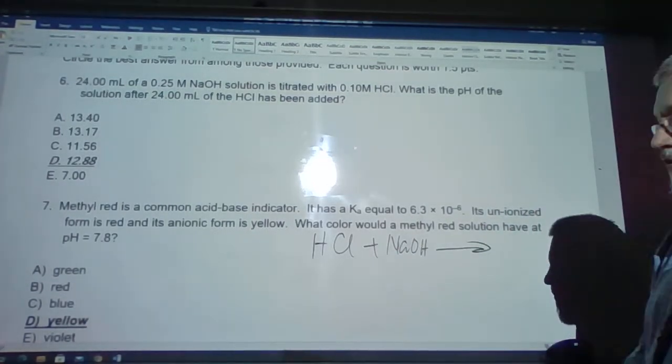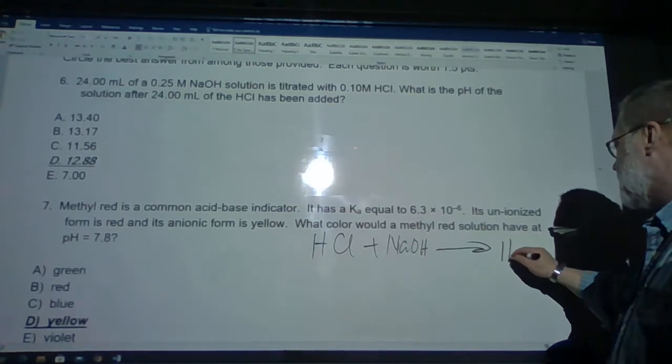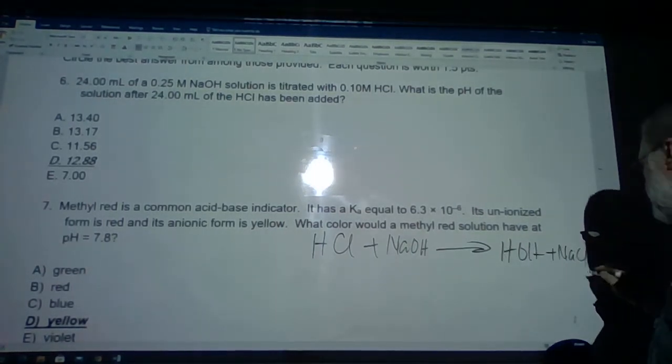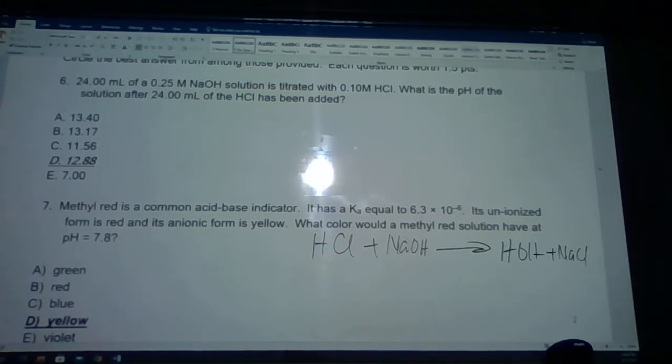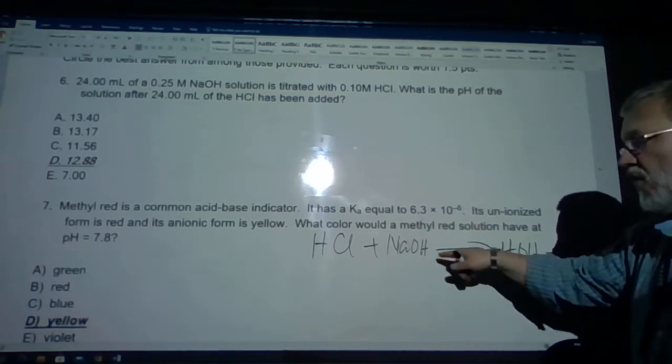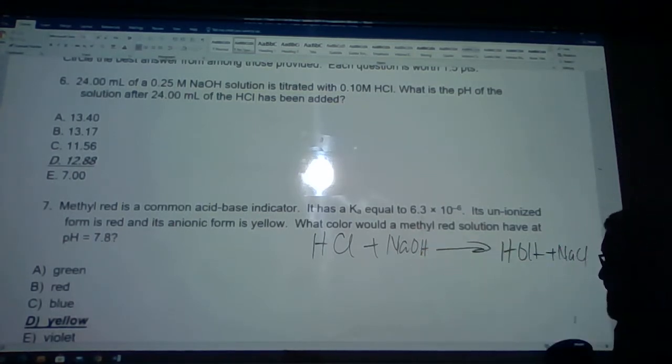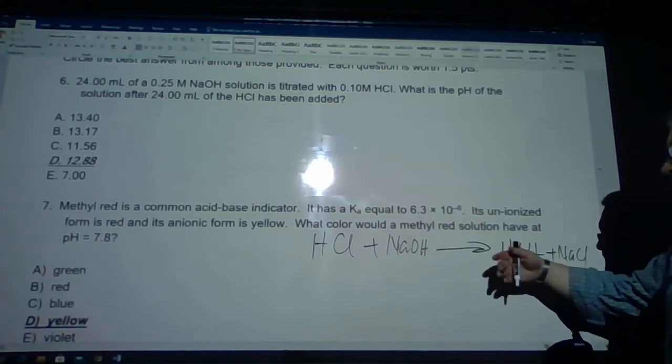What's formed when a strong acid reacts with a strong base? Water and the salt. Well, since this arrow only goes one way and there is no equilibrium, after these are added and reacted with one another, whatever is left over